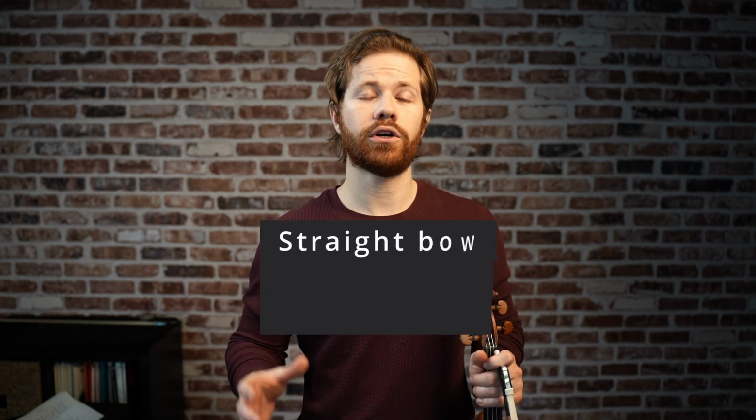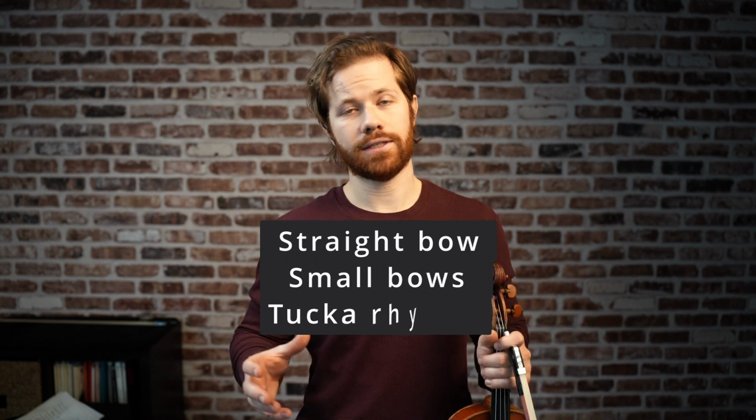Today's video is all about trying to apply all of the arm weight things we talked about in the last video to the string in order to get a crisp, clear sound. We're going to be working on getting a straight bow using very small bows and employing the tekkas stop-stop rhythm